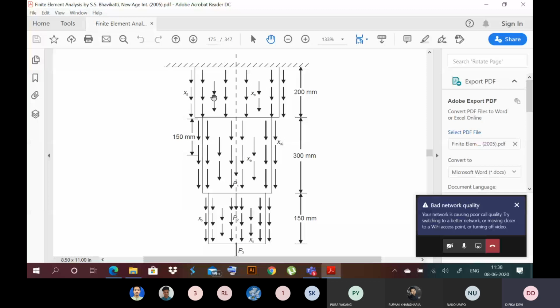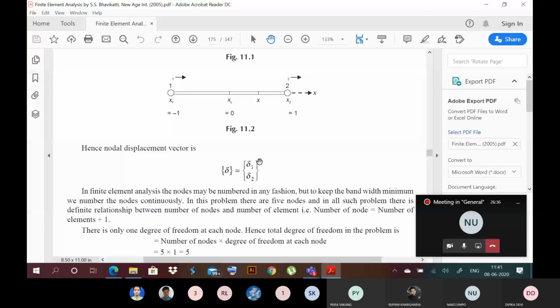Next, here it has the element and the node. Elements and nodes are shown. Also the point load. So here they have placed another node because the point load is acting here. We have one point load acting at the midpoint of the second element, the middle element. As there is a load discontinuity, we have to place one node at the center of this element. So that is why there are four elements.